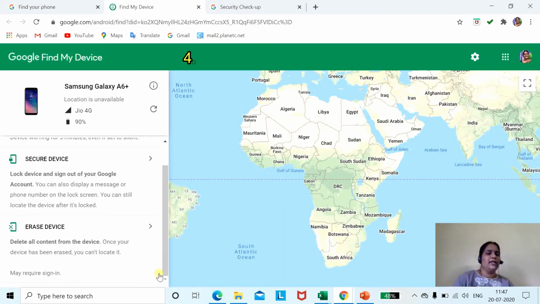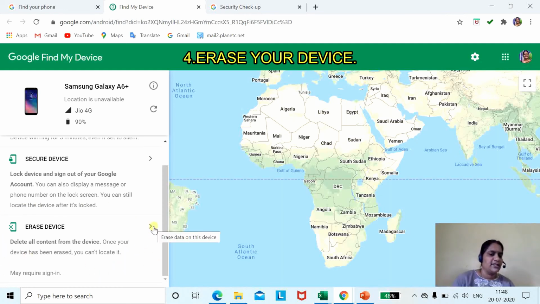Now, if you feel that after 24 or 48 hours you are not getting your phone back, and you have very secure and important data in it, and I hope everybody knows you should have a backup of your data, and you don't want your information shared by anyone, as some private messages may be there, then what we should do is delete all the data so nobody can access your messages. You have this option immediately.